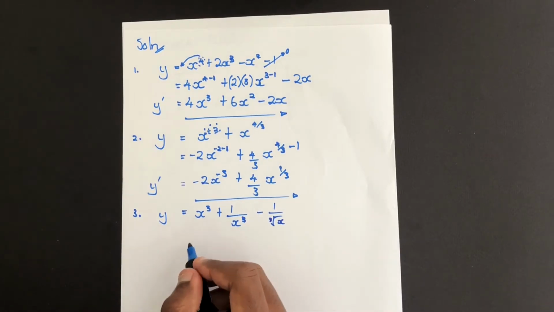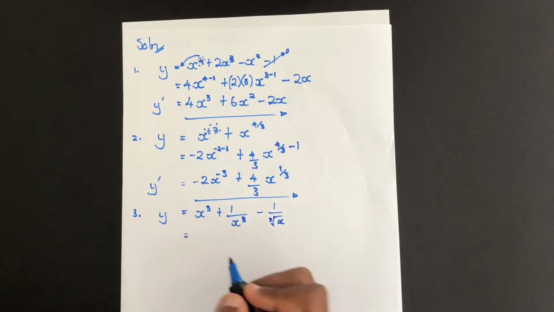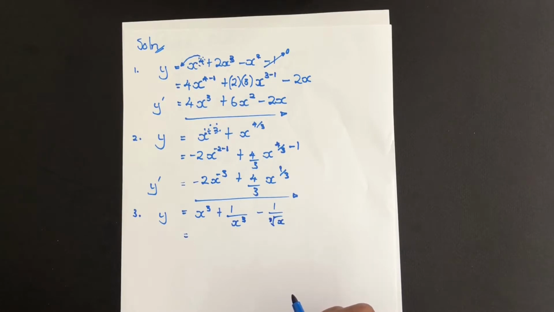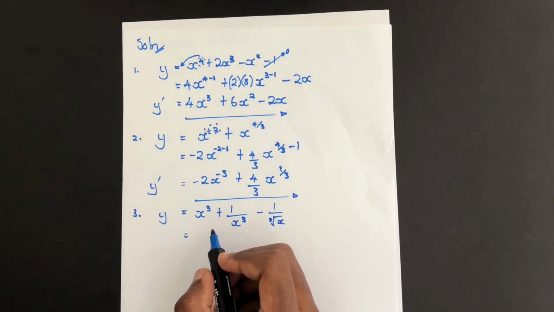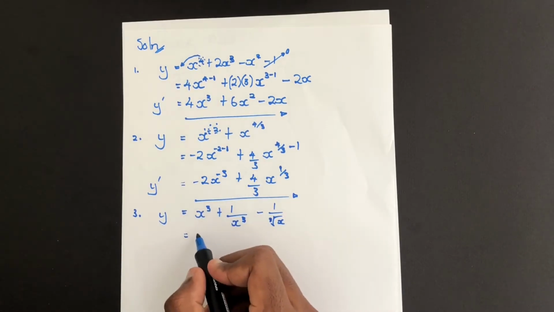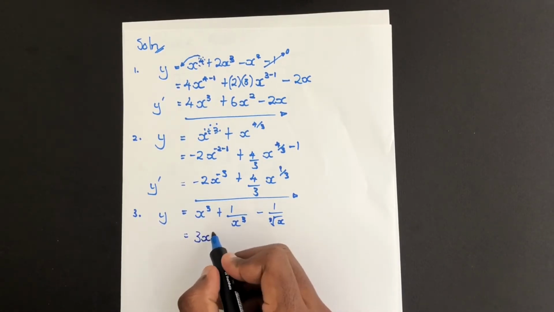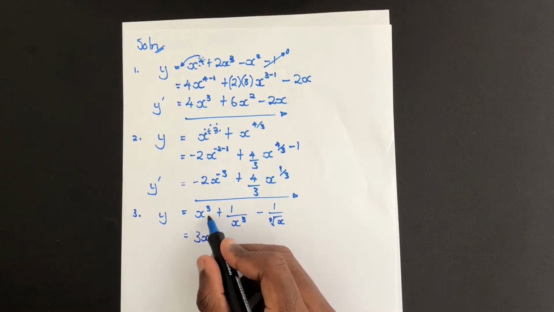Yeah, the procedure is the same. So let's start. 3 up front, multiply by x, then 3 minus 1, which is then 2. So it's 3x squared plus,